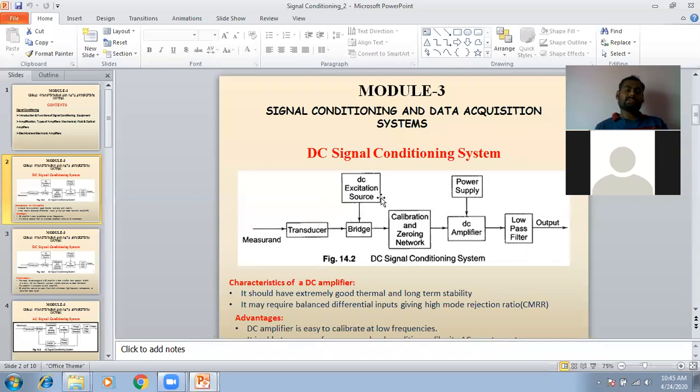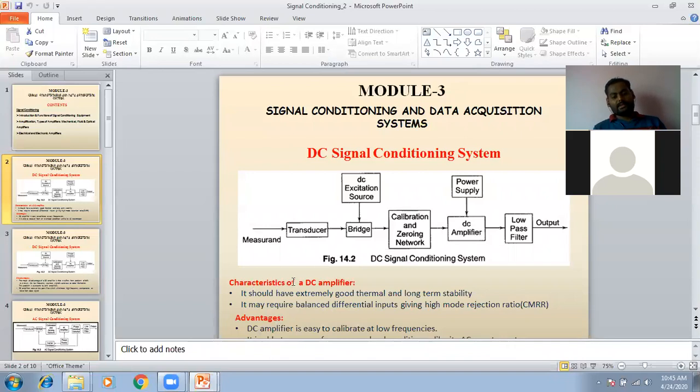But you know, in case of DC, there is no frequency. The frequency is zero in case of DC. That is the biggest disadvantage of the DC signal conditioning system, because whenever you are going to measure some vibrations, the transducers we are dealing with are always dealing with mechanical quantities. Whenever we are dealing with mechanical quantities, there are some kinds of vibrations. Those vibrations are closely linked with frequencies, right? So they want the frequency to measure. But the DC signal conditioning system does not hold in those conditions, right?